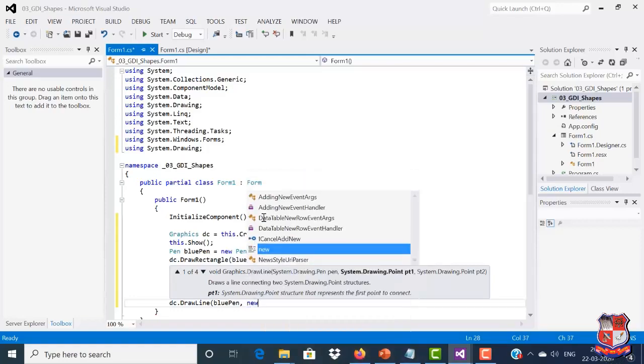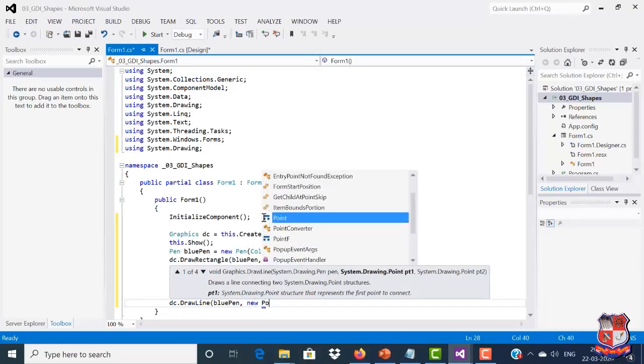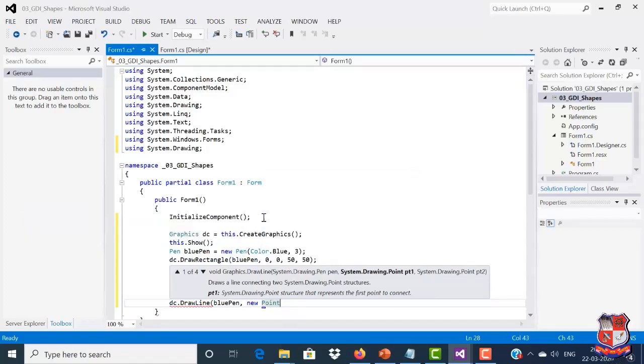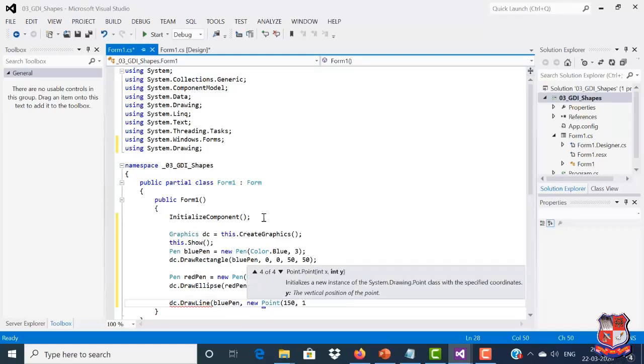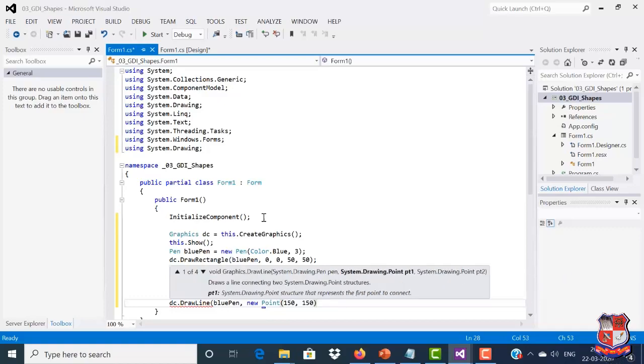Next is new Point. If we want to create a point, we have to use the Point class. In that we pass two arguments, that is the two coordinates of that point, for example 150 150, and this is the starting point of the line.